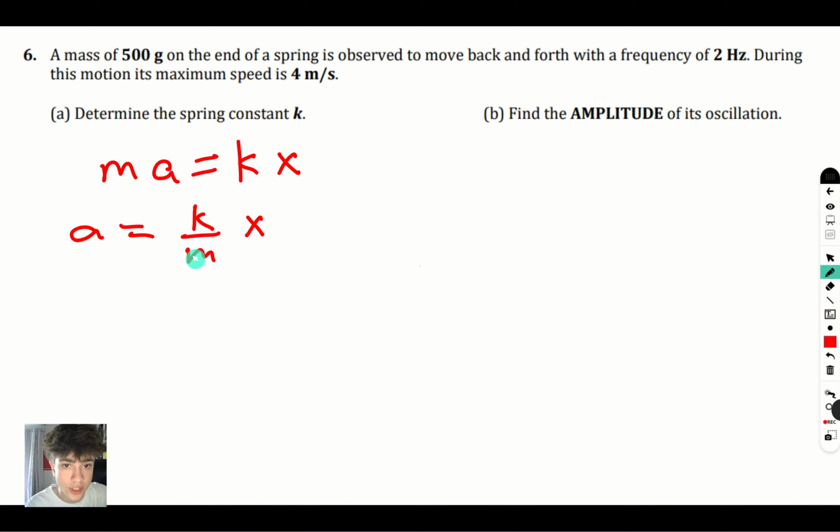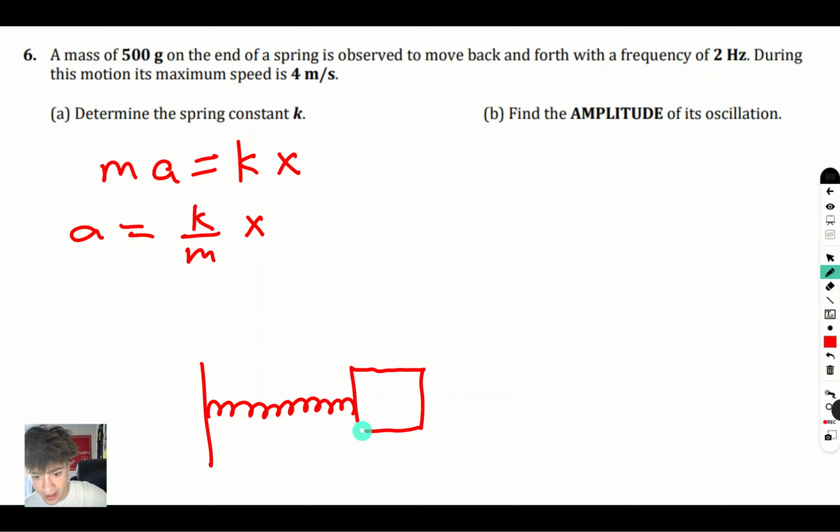equation for acceleration. The way we can do this is to find an equation for the spring's displacement and then take 2 derivatives in order to find the acceleration equation. So let's draw a diagram of this spring. Here we have a wall that our spring is attached to. There's a mass at the end of the spring, and it's going to be oscillating from a point negative A to a point A over here,